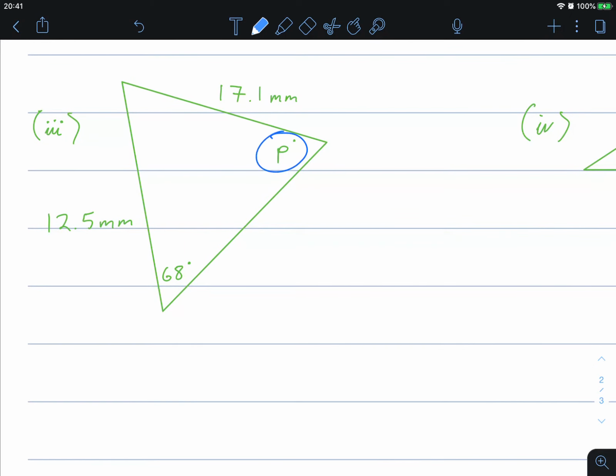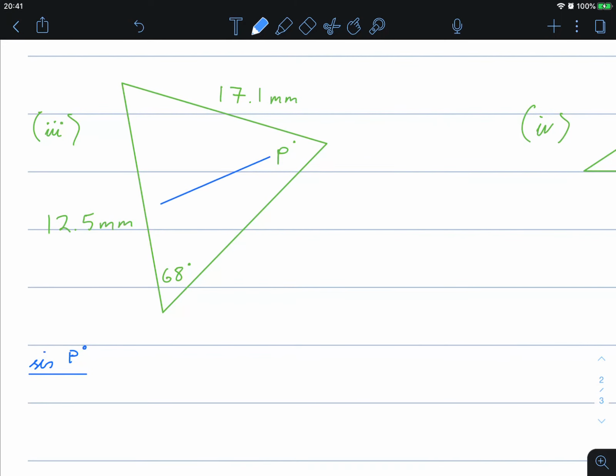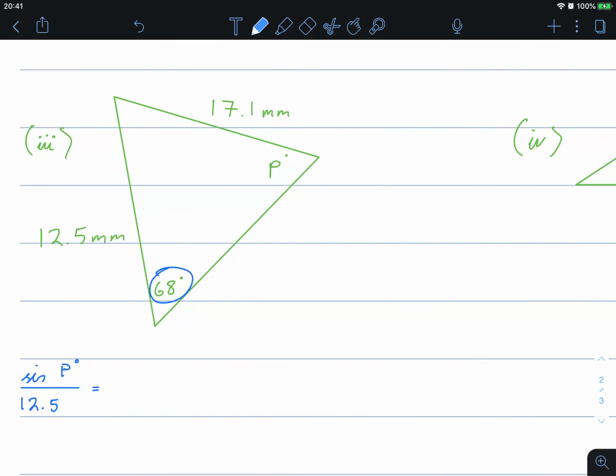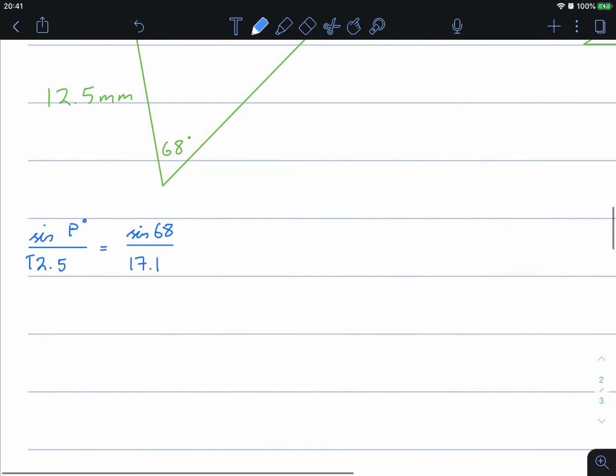In this case, we want to solve for P. So we're going to do this as sine of angle P over its opposite side. From P, its opposite side is 12.5. So sine P over 12.5 is equal to sine 68 over its opposite side of 17.1. Multiplying both sides by 12.5, this leaves us with